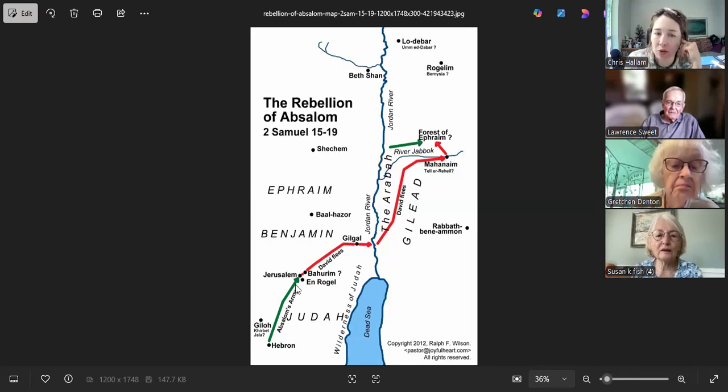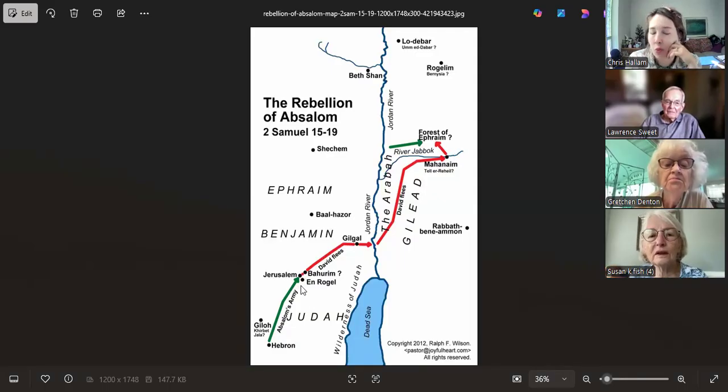So from this angle, David could see it coming, which is why he flees west, or north and west. He crosses the Jordan River and then makes his way north. The place where he ends up is actually pretty far away up north. We are not given the route that Absalom's army takes, but the assumption is that they may have forded or crossed the river a little farther up. There are a few designated places where it's easy to cross the Jordan River, so it would make sense to go north and not follow the exact trajectory of David, because you don't just want to be on his heels.